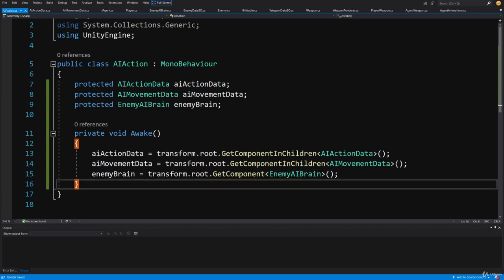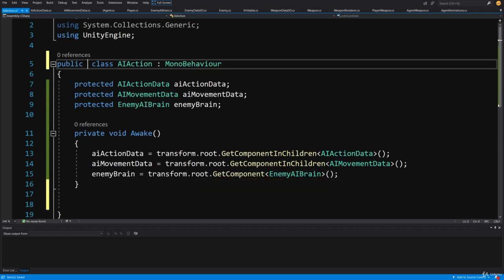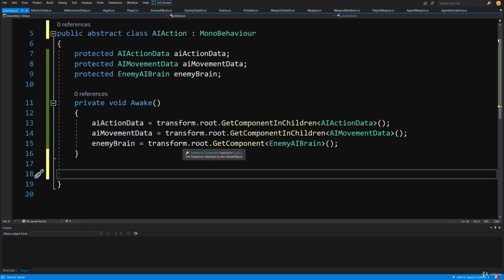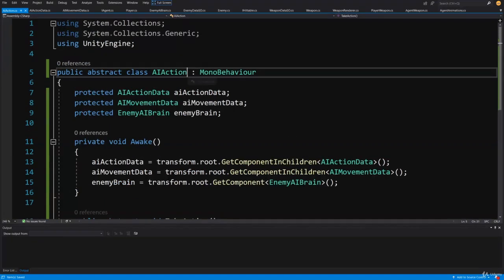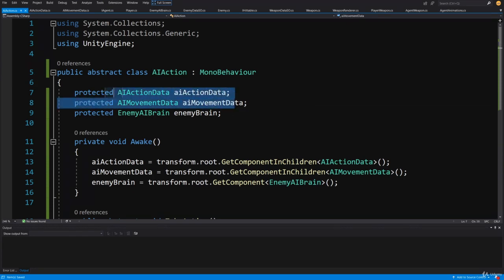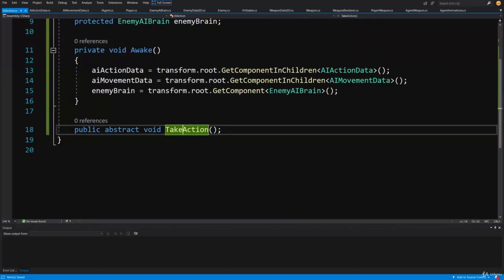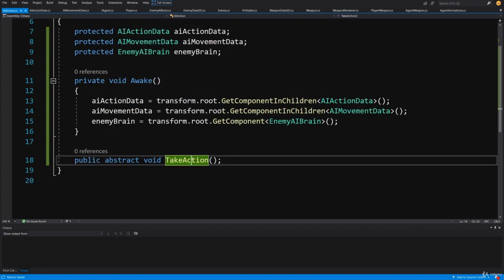Great. And since this will be an abstract class, we are going to add here the abstract keyword before the class definition, and we are going to create public abstract void take action. So any action that we want to implement will extend this AI action class, and we'll have the access to those components, and we'll need to implement the take action method. We are going to simply loop through each action inside our state component, and we are going to call take action on each action